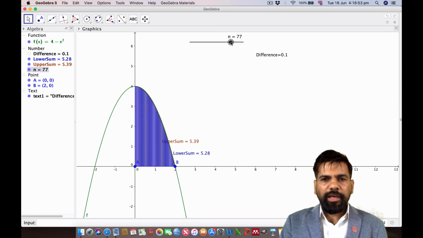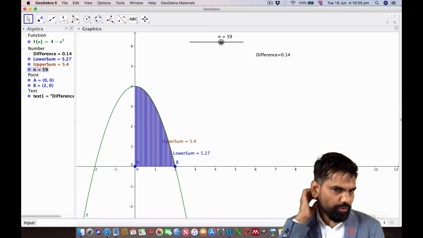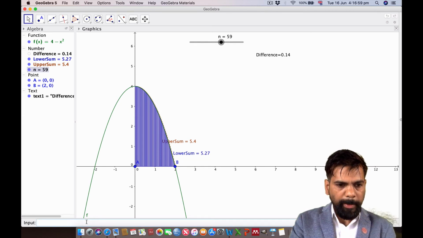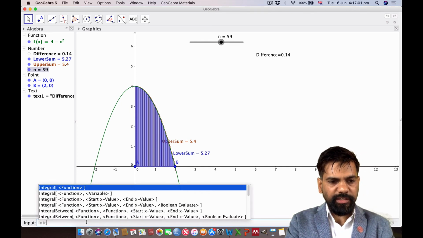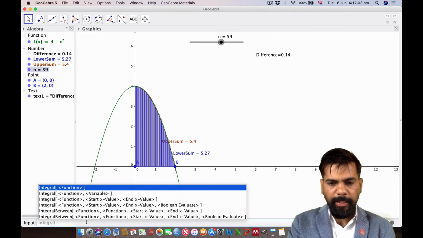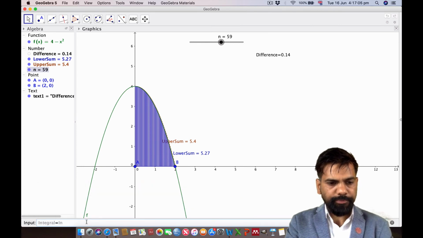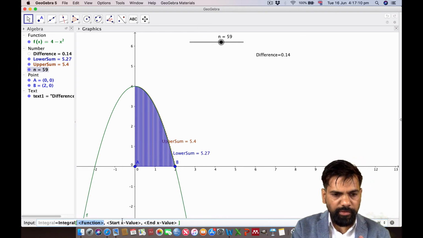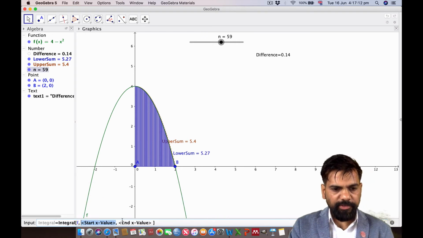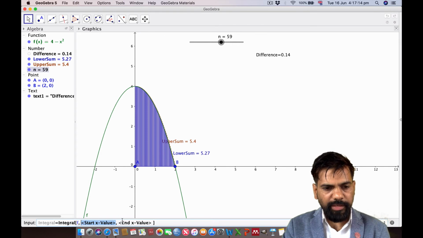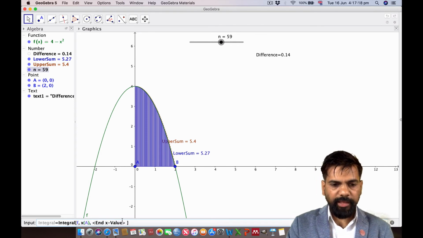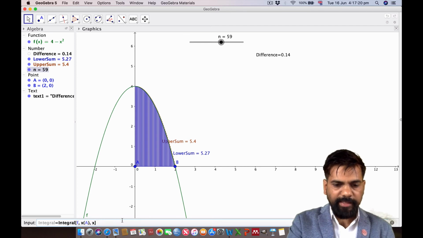After that, we are going to find the value of integration. Integral is equal to integral of function f, start value x of a and end value x of b.